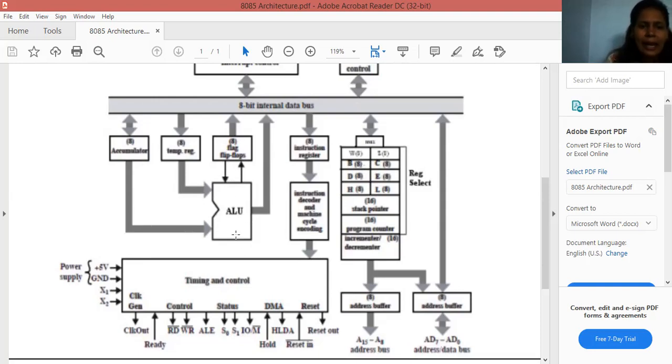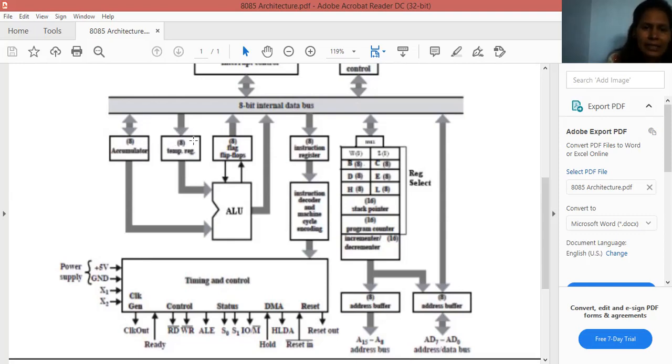ALU, arithmetic and logic unit, is used to perform arithmetic operations like add, subtract. Accumulator always holds the first operand of the instruction.